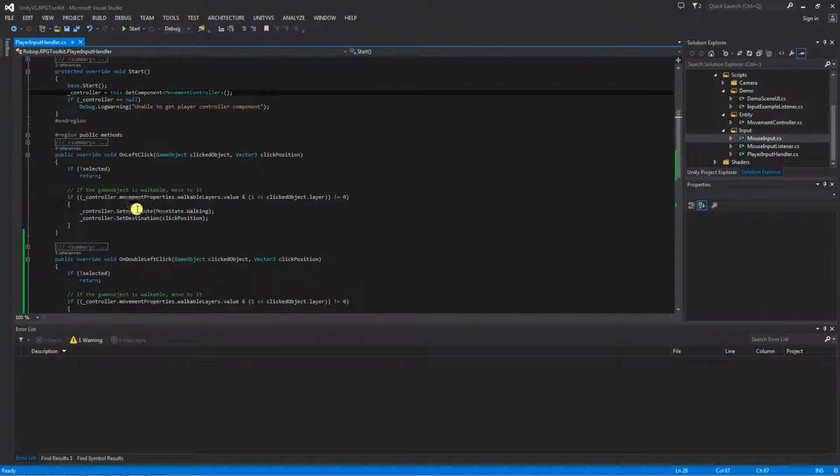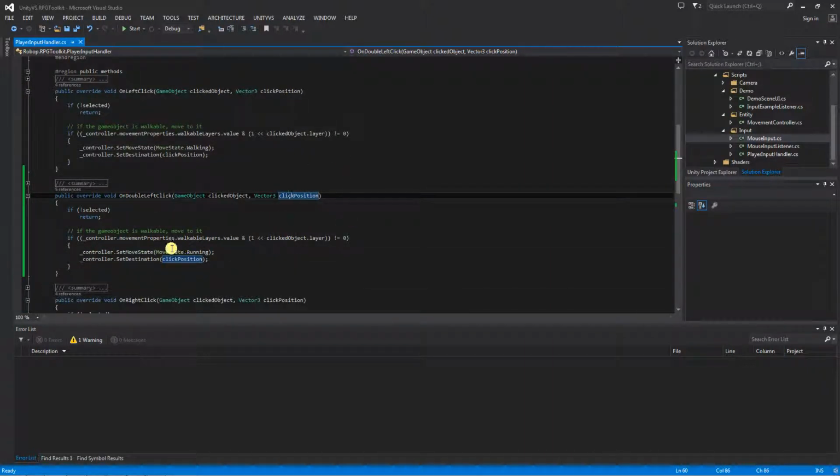Once we've done that, we set the move state to walking. This will control the animation, and then we set the destination, which is the click position, which is provided on left click. That was where the mouse was clicked. And we do pretty much the same for on double left click. The only difference being we're changing the move state there to running, and that will have a different animation. So with that done, let's move back to Unity,